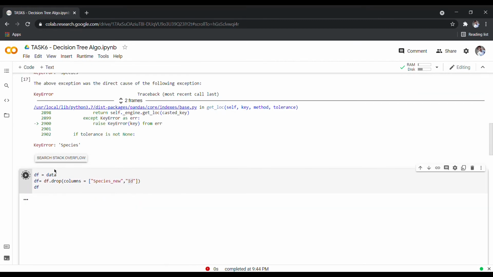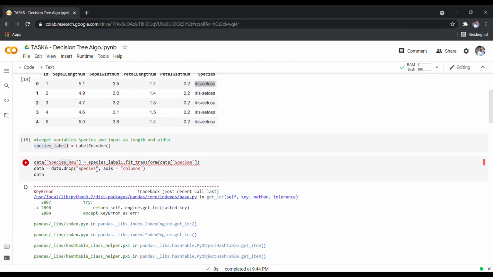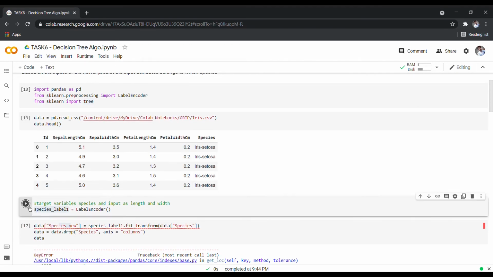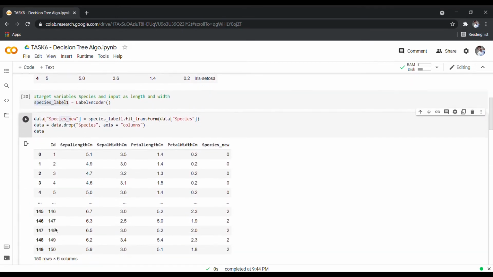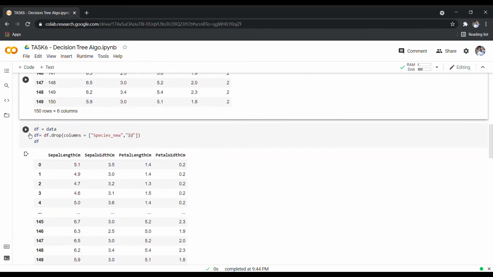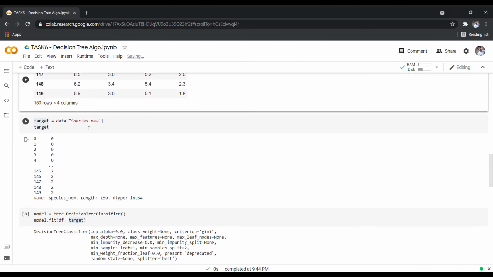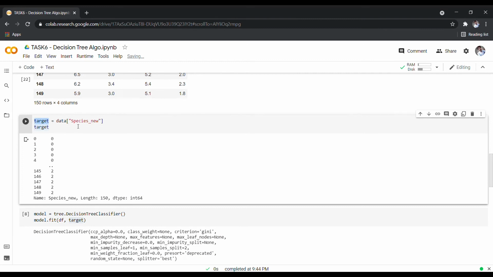Here, I think I haven't run this cell. Okay, it's done now. Then this cell, the one removing the columns. Then the target variable is species_new, the new variable with 0, 1 and 2, which will go into a separate variable called target.